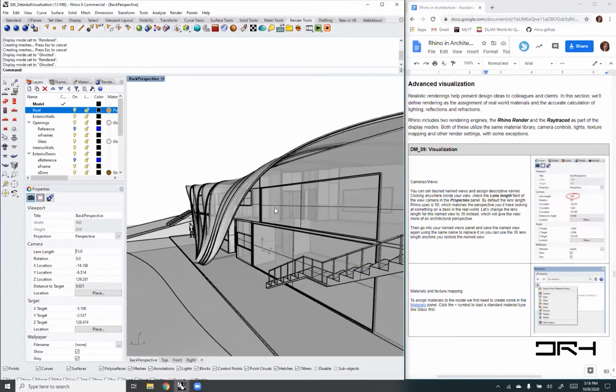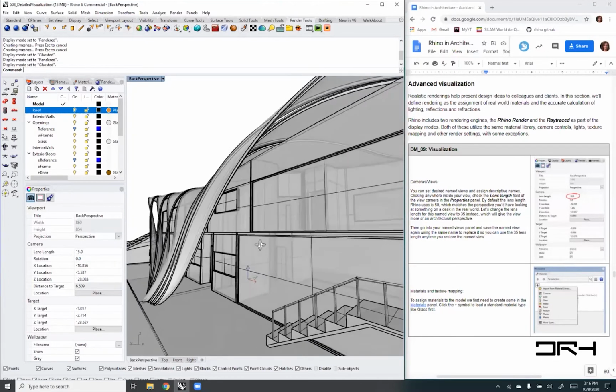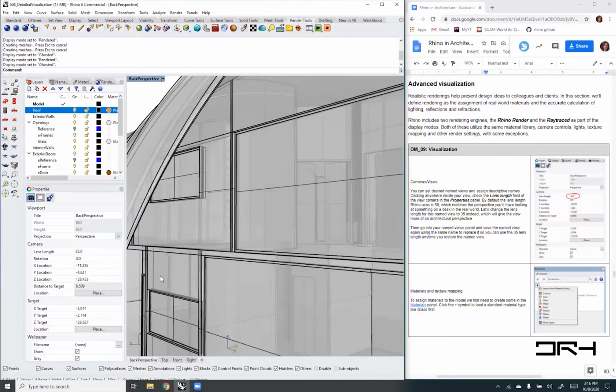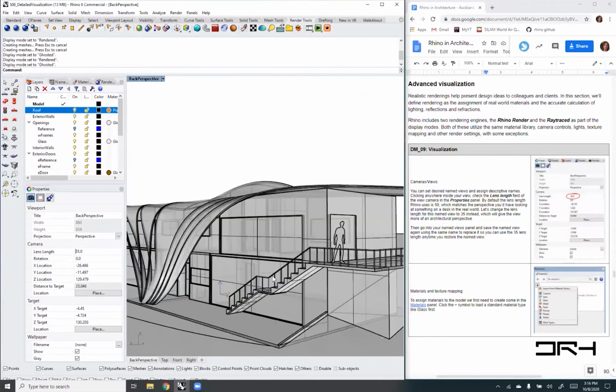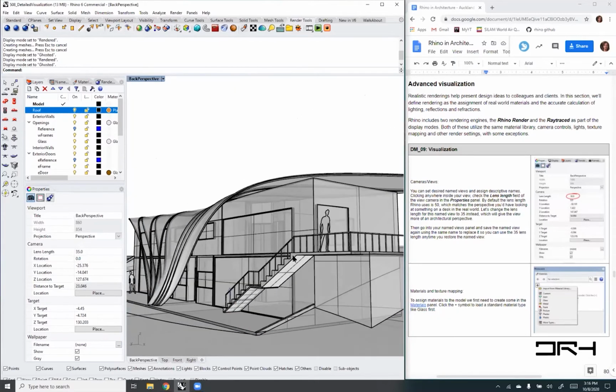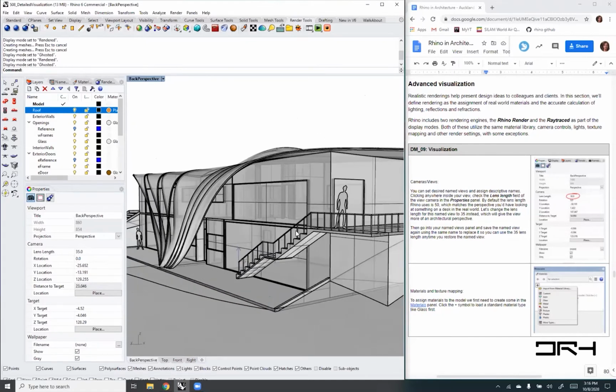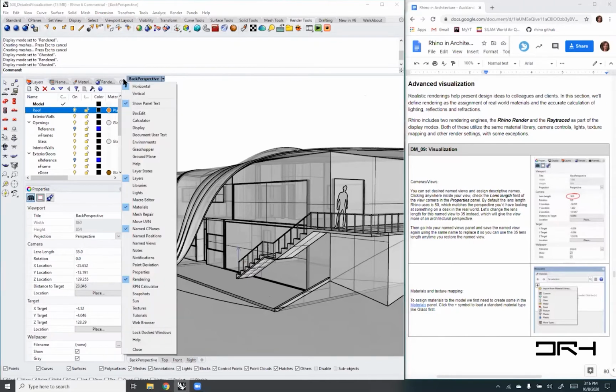Where you can start to have a more dramatic kind of perspective effect based on the lens length. 35 is the standard for architectural models, but you are welcome to experiment with other lens lengths. So that's the first setting. The thing about the lens length for the particular view, as you recall, if you have the